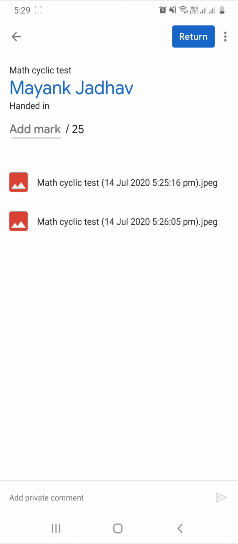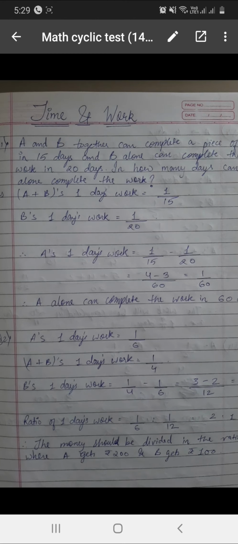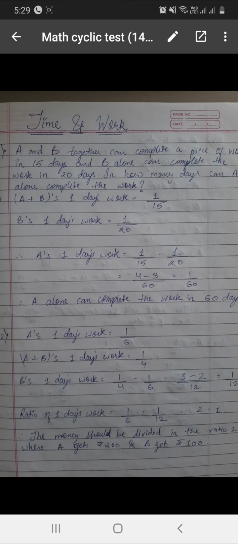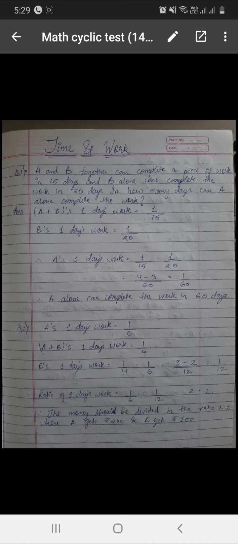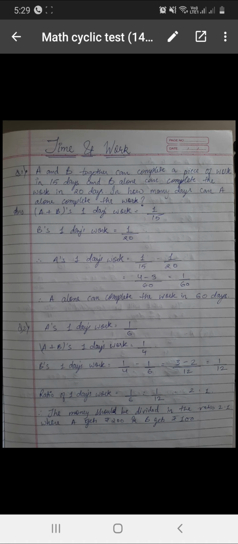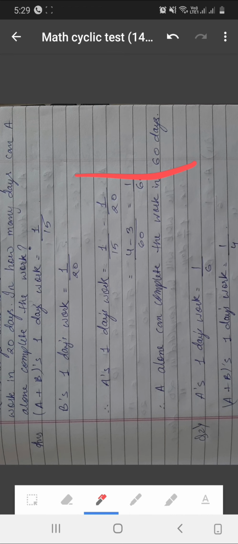So he has apparently sent me two pictures. If I click on the picture, I will be able to see what that is. Right, so basically he has sent me a picture of his answer sheet. Now I can annotate this, I can check this and send this back. So you see the pen icon, the pencil icon at the top of the screen. If you click on that, you will see an option to basically annotate this.